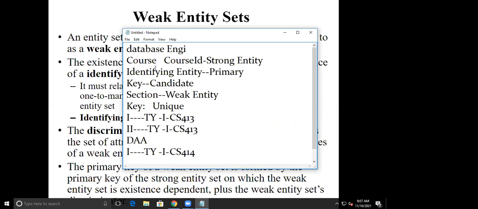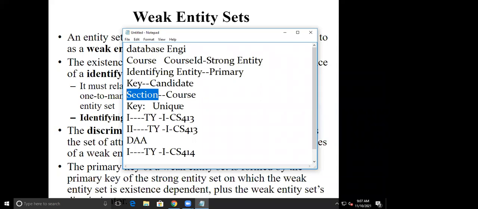It might happen that there is a course and doesn't have a section. Yes, it can have. But whatever the sections I'm talking about, all these must participate in a relationship. That is, whatever the relationship I'm having between the course and section, this is always total from the section. Okay, sectionचं participation complete असतं आणि courseचं participation may be partial, may be total, but partial can be there. But in case of section, it completely or totally participates in a relationship, because this is